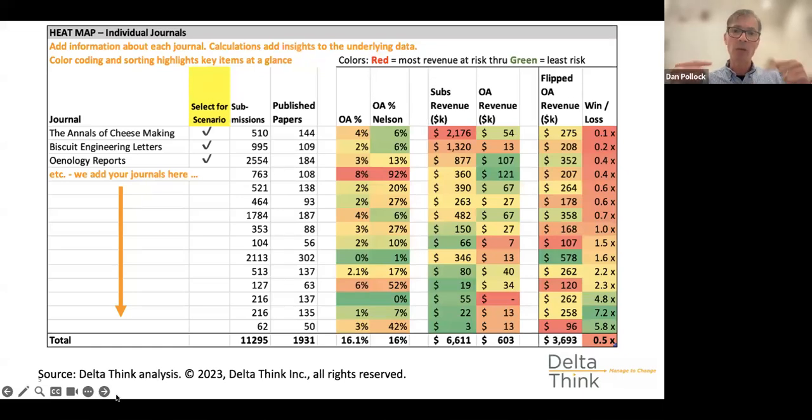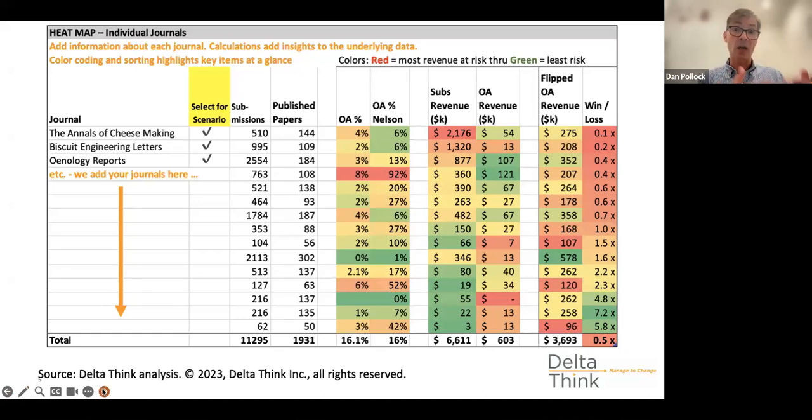And then we'll typically need a sense of where we are now: how much is being published, and maybe the kind of submissions that are coming in. So we'll start to assemble columns of data that help us get a sense of how things are moving, and those are the columns across the top of the table. As I said, this is a very simple model for the sake of a demo. Quite often we can have lots of columns, but here, just to illustrate the point, we're gathering some basic bibliometric information: how many papers are submitted, how much is published.